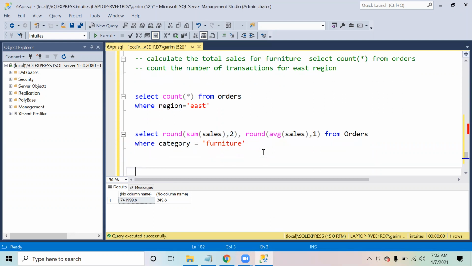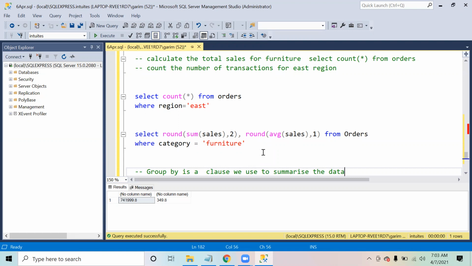Now, the next thing that we're going to see is the group by. In the group by clause, we will be using these aggregate functions. Group by is a clause we use to summarize the data. Right now we have the data at a row level, transactional data: for a particular order ID, what product was purchased and how much sales had happened, and we have all that information.